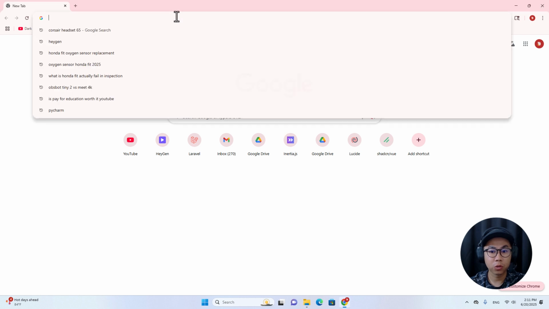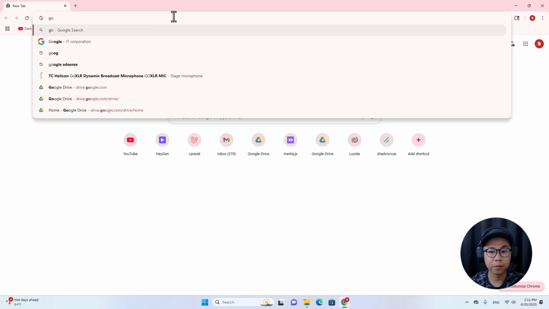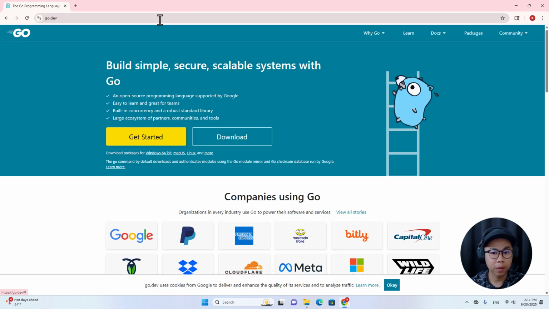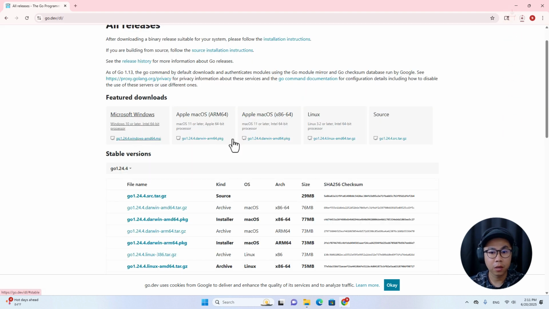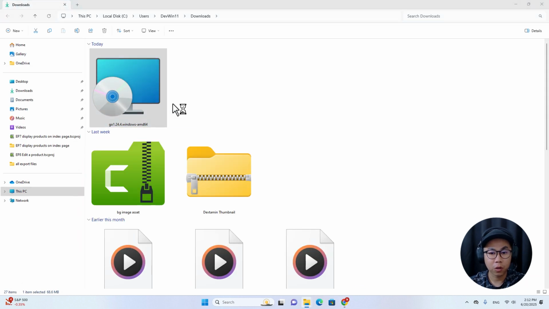First of all, let's go to go.dev and then click on download and click on over here to download the installation files. And when the download is done, just go to the folder and double click on the files